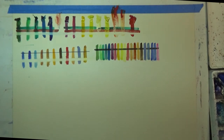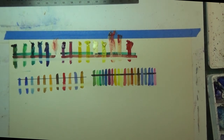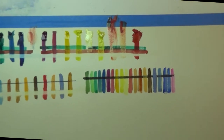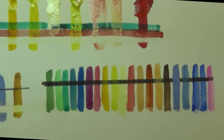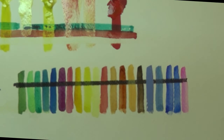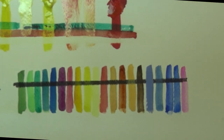Now here's what's interesting. You want to know what opaque colors look like? Let me move this down. I don't know if you can actually see it. But let's take a look at that. Look at how opaque these two colors are, my Naples yellow and my lavender. Super opaque. I'm covering the black pretty much with those. My cyan is close, but most of the stuff that I've got down there,